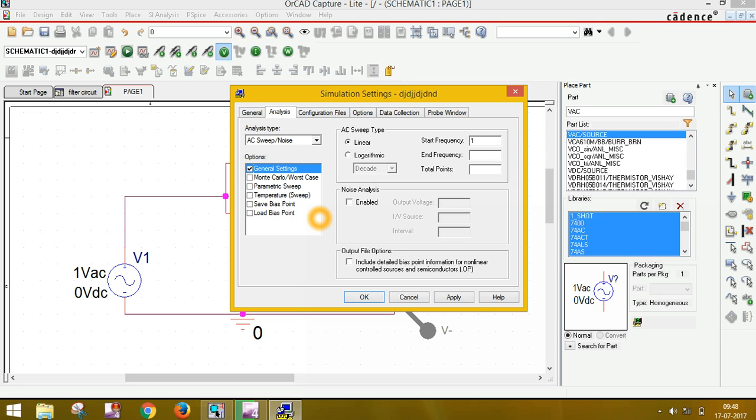AC sweep type linear, end frequency 1000 hertz. Hertz is automatically the unit of frequency in PSpice. Now total points is given 100. Apply.